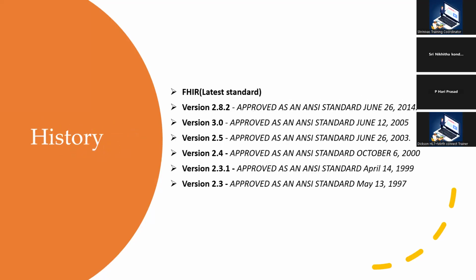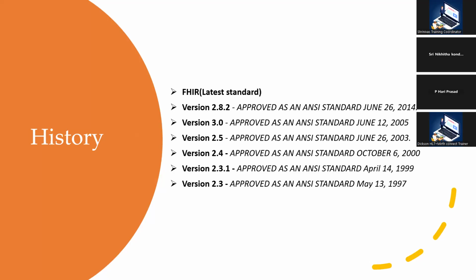So let's talk about a little bit of the history of HL7. Now that we understood that HL7 is a messaging standard, or a messaging language, that is used to exchange data between two different applications, let's see where it started. Back in the late 1980s, as I said, the problem arose to exchange the data. It was taking a lot of time. There was no specific standardization of how we can exchange the data. That's when HL7 v2 started. An official release was made in 1997, 2.3, and then later we had